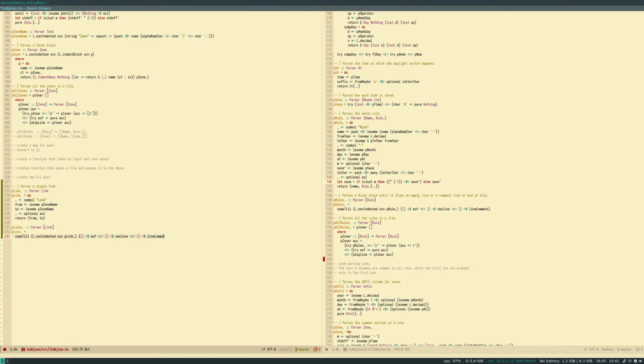Our line comment. And then we can finally have a p o links. I guess we don't need the underscore. Which is a parser. Let's still keep it as a parser of link. So we're gonna concat the result.